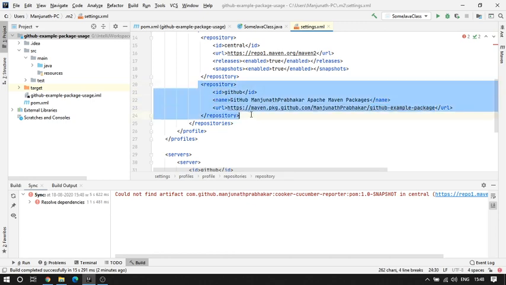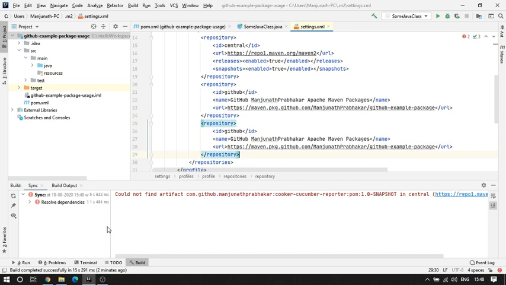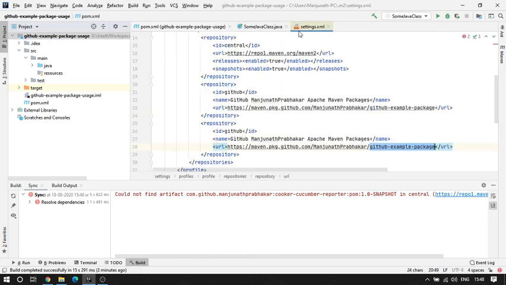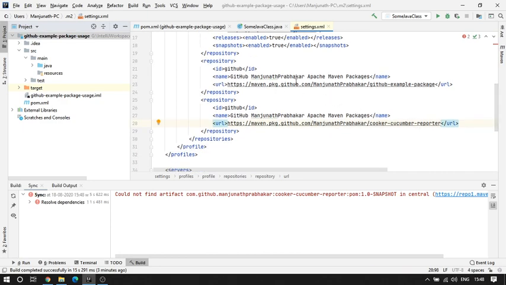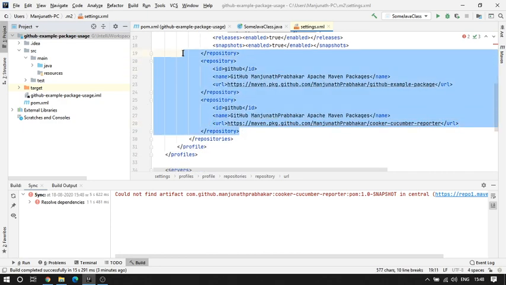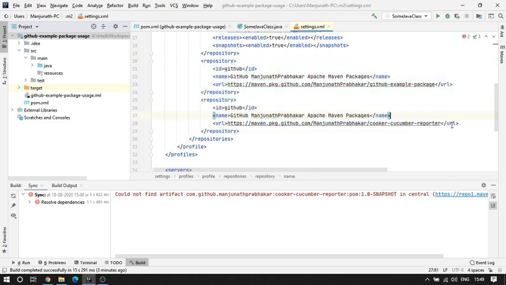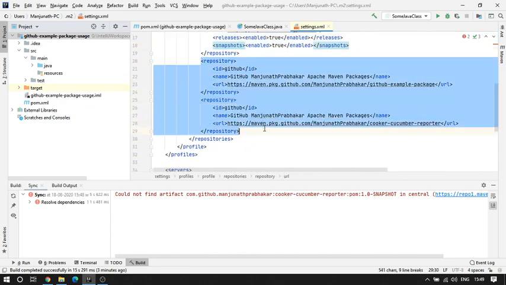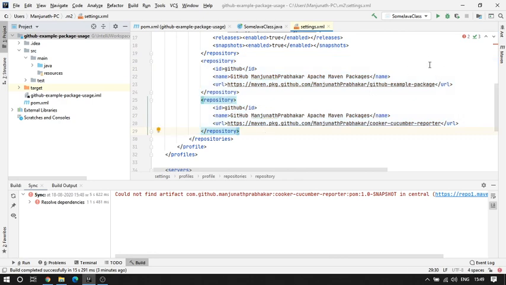So what I'll do is I'll copy this and add another entry here. I'm going to change the name here. Copy the name from here, because this is the same package name there, right? So paste it here. Now we are telling under GitHub you can only get these two packages for my project. Whatever else I am trying to download, it will always search from the Maven Central repository. Only these two things which I've explicitly mentioned will be fetched from GitHub.